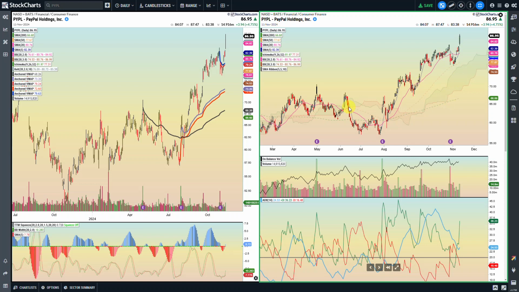So the cloud helps me to identify where support and resistance may be, and which way the cloud's pointing also helps me with the trend. All right,